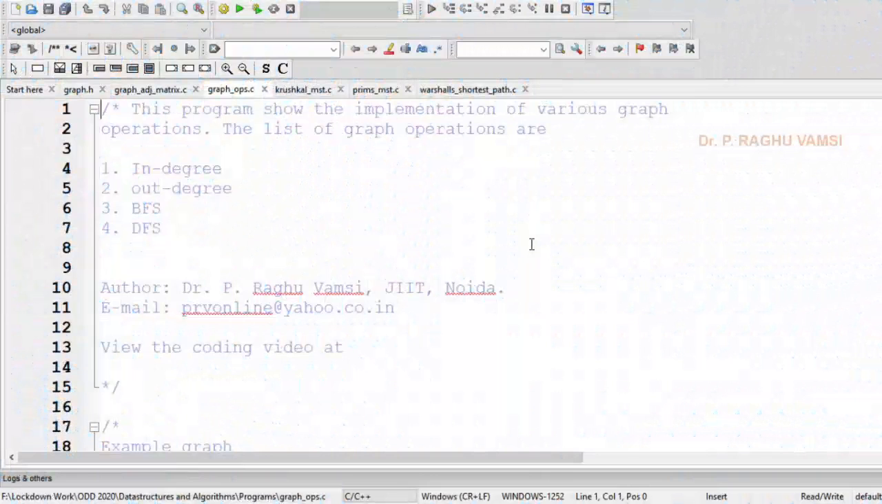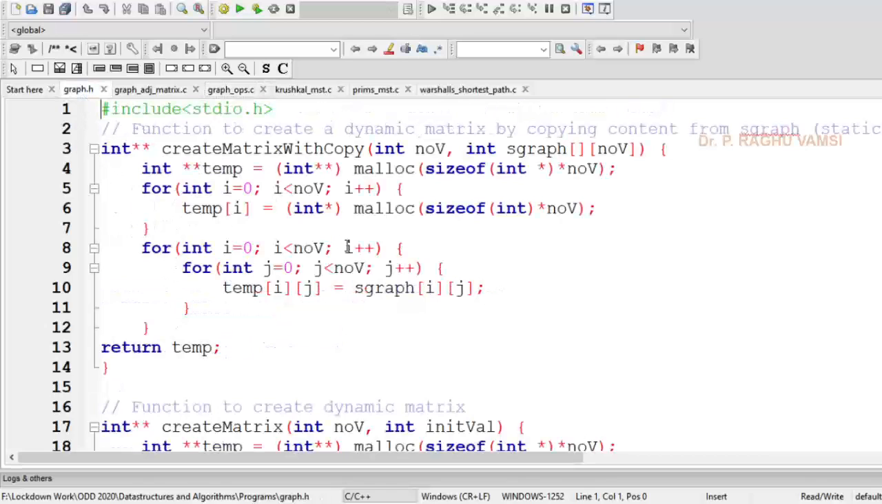Now we'll see the operations on the graph. The operations are in degree, out degree, breadth first search, and depth first search. Before moving on to this, I'm going to show you a header file that needs to be included in the